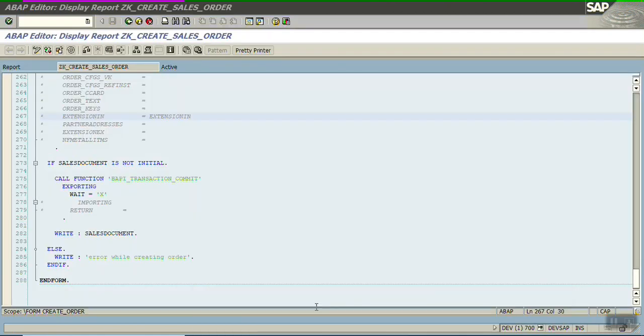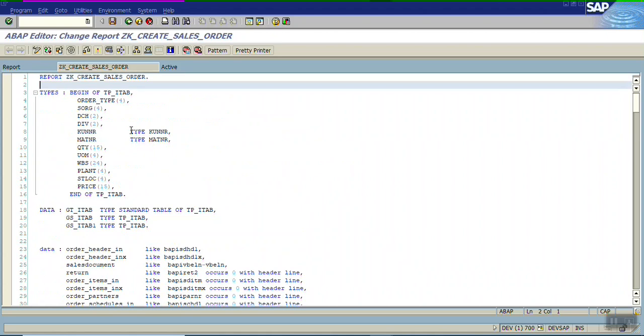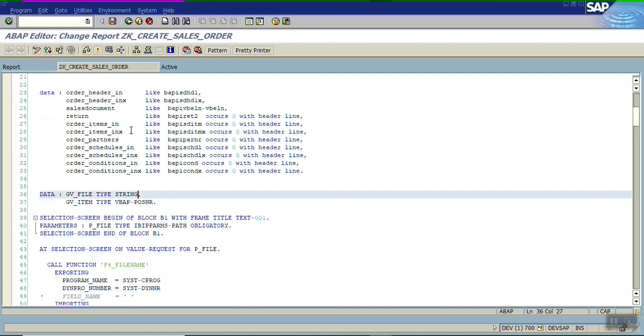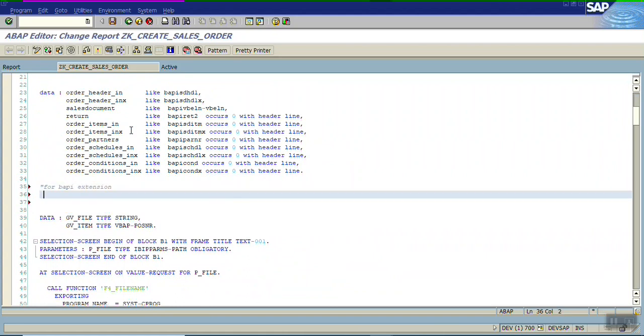Now we'll add the required code in our SE38 program. First, let me declare the data for the BAPI extension. Data, that is gs_bape_vbak.